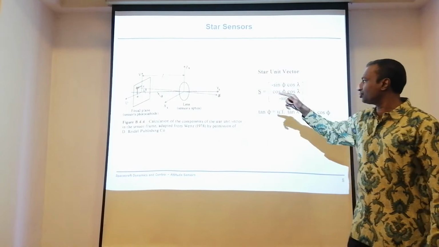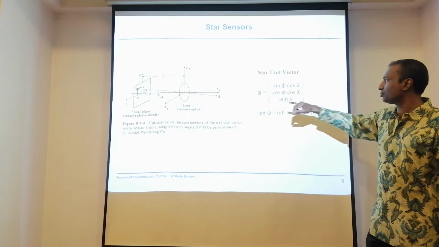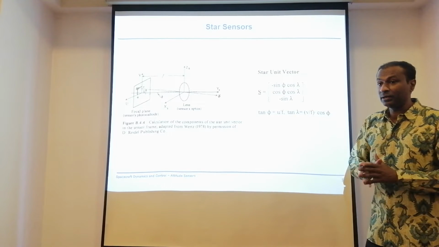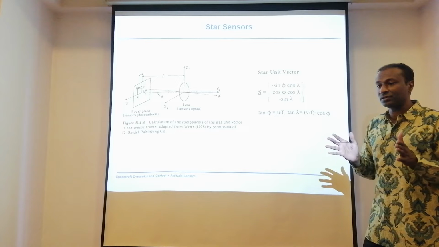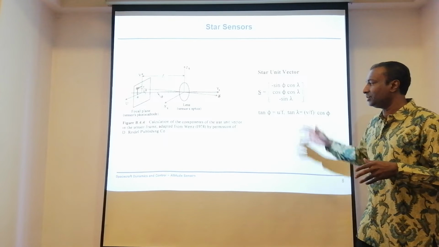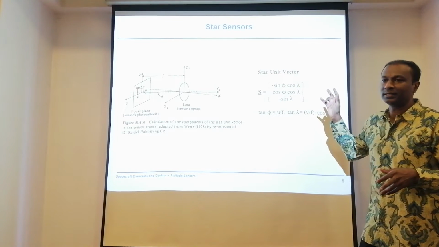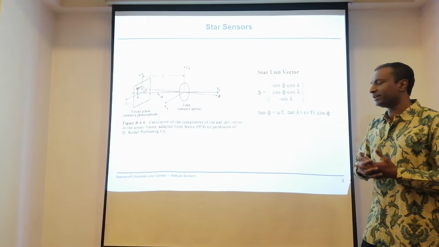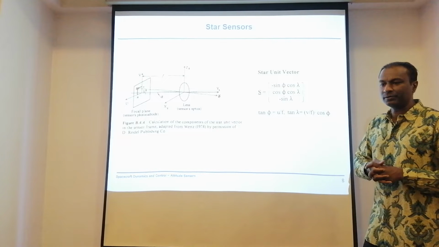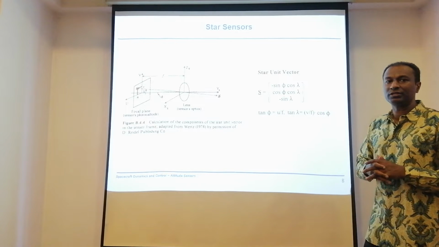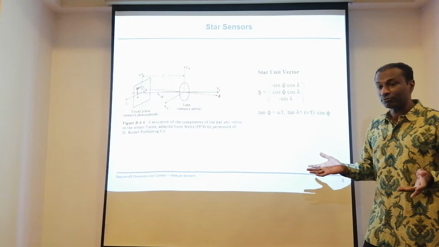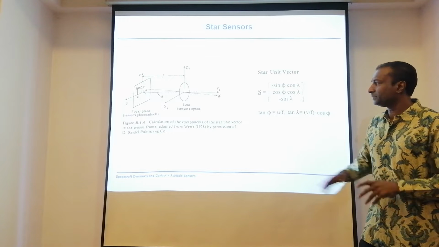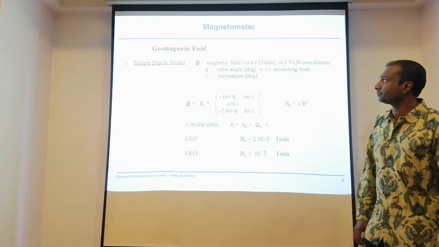Okay, so having those, it's just a trigonometry function. Having those angles, you should be able to calculate your x, y, and z. Technically speaking, you should be able to calculate the deviation of all three axes of attitude with the star sensors. Remember, star sensors are very, very precise. In fact, they are very, very expensive as well. So if a very good quality of attitude determination is needed, a star sensor could be one option. Otherwise, we don't embark on star sensors. Okay, very simple principle. All right, go on.